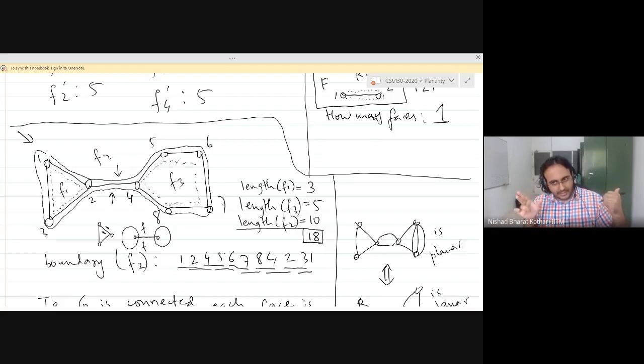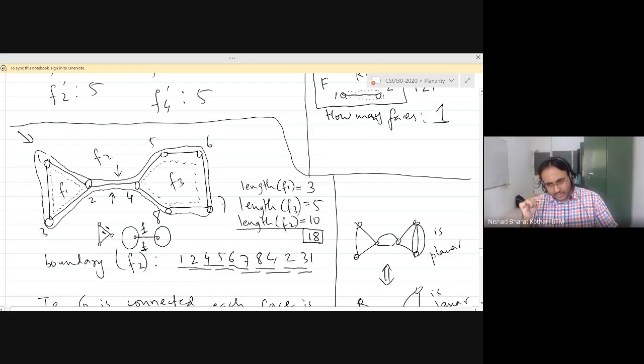So if the edge belongs to a cycle, then it will belong to 2 different faces, the inside and the outside. Okay, we are relying a little bit on intuition and not making everything super rigorous, right? And if the edge is not in a cycle, then it is a cut edge. And then notice that the face on this side is the same as the face on that side, because you can connect by an arc. And if you can connect by an arc, that means that it must be the same face, right? Because faces are arc-wise connected and any 2 faces are disjoint. So every cut edge belongs to one face, but it is counted twice in the boundary.